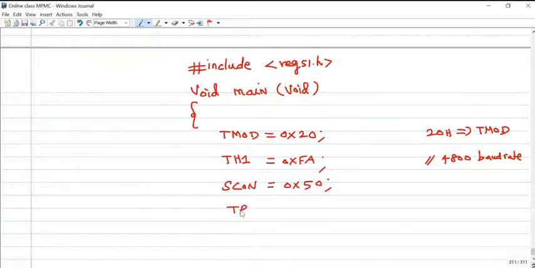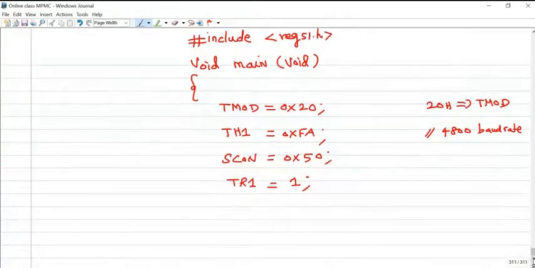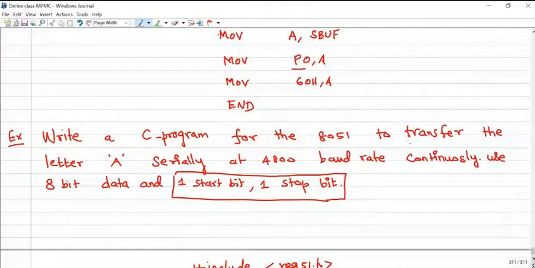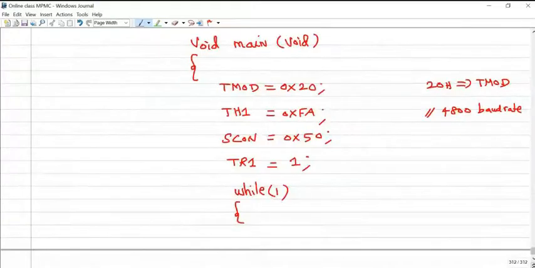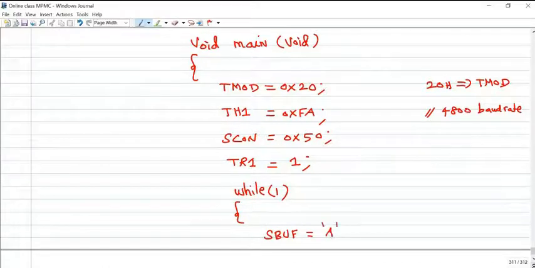Start your timer: timer run control bit TR1 equals 1. Next, I am writing the infinite loop, while(1). Capital A is to be transmitted. So this capital A must be written in the SBUF register. So SBUF equals 'A' in single quotes.